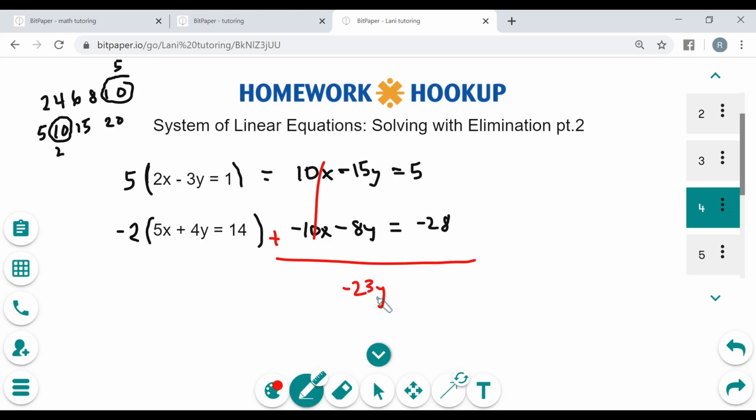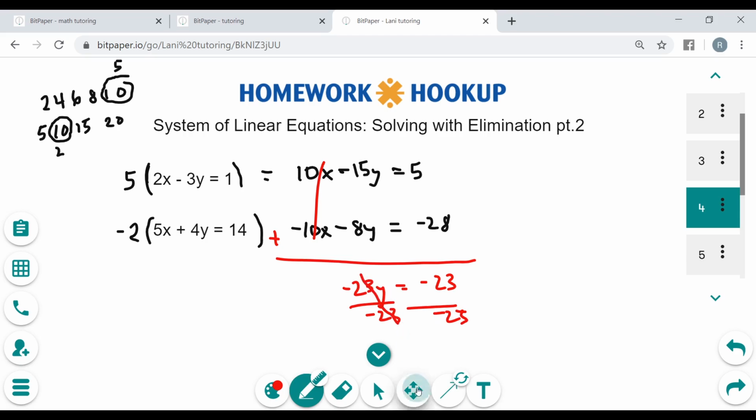Hopefully I did that correctly. Yep, negative 23y. And then we have 5 and negative 28, which is going to give us a negative 23, actually. So cool. So now we got to divide both sides by negative 23. When we do that,